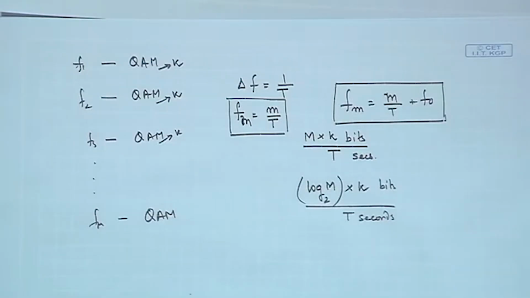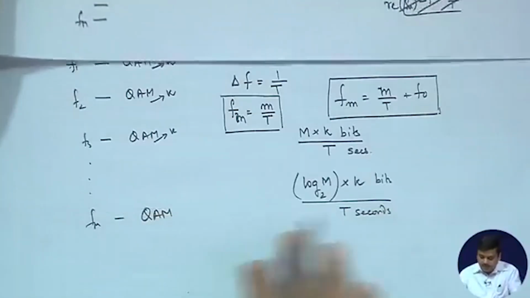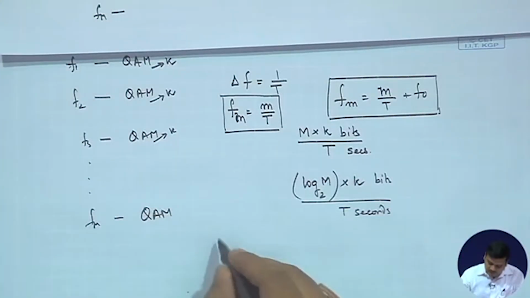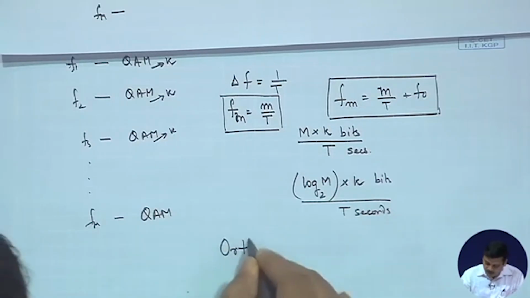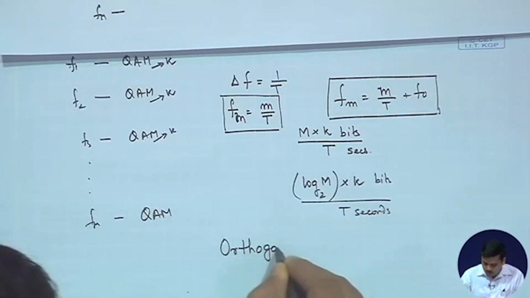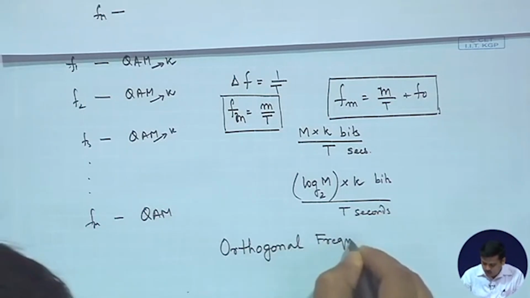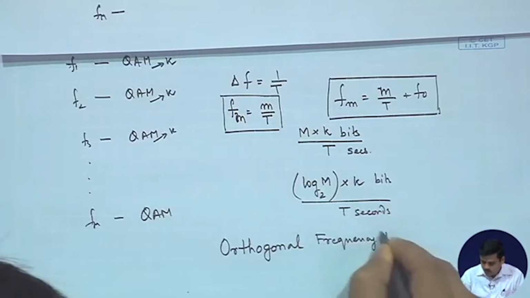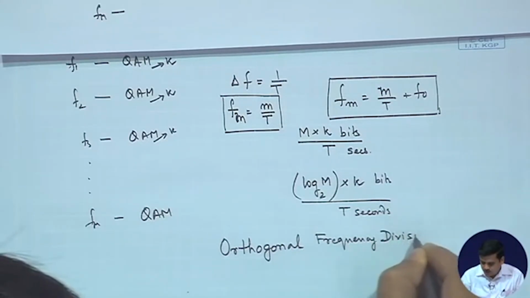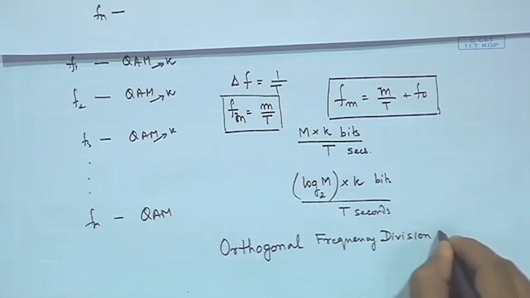So, you could have orthogonal frequencies to transmit, and we have already said that this is frequency division multiplexing, and you would have the very famous orthogonal frequency division